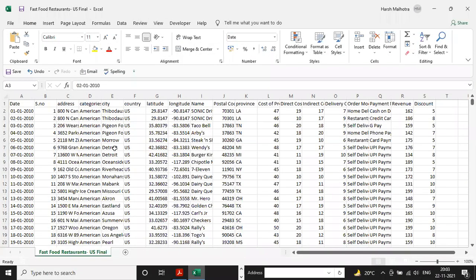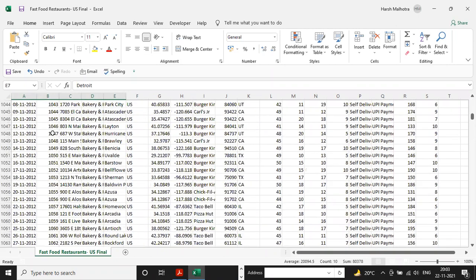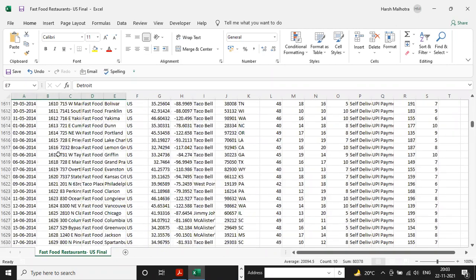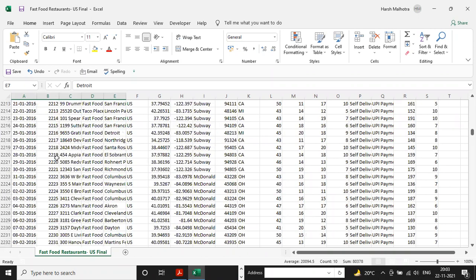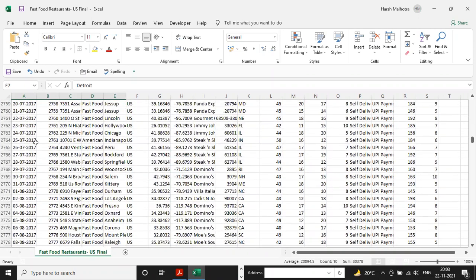Go to this Power BI Excel format 2760. Go directly to the 2760 row, 60. It means this one.